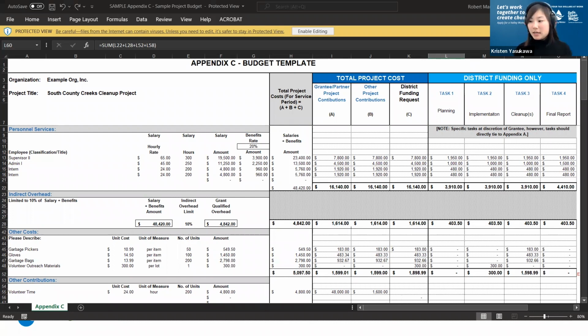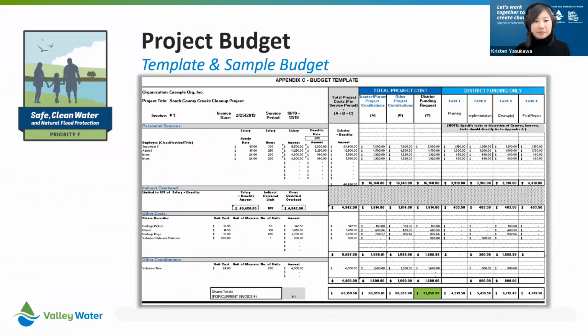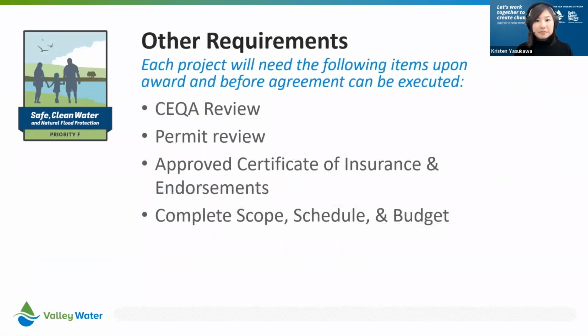All right, I think we can head to the next and final slide. Okay, so our other requirements that we'll be looking for in the Flux application is as much information as possible about the stage of environmental review or CEQA compliance of where you are. And we'll go through that in more detail later on in this presentation.